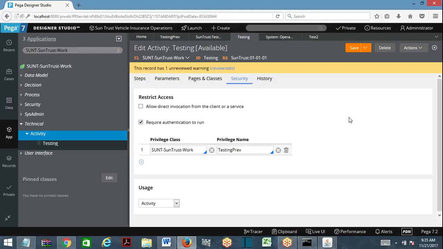Now, operator 1 has access group 1. Operator 2 has access group 2. Operator 1 executed, not able to execute. Operator 2, access group 2, able to execute or not able to execute? Not able to execute. It doesn't depend on access group. It depends only on the one privilege that you directly applied on that rule. Anyone trying to execute that rule, it will not work. So when you apply a privilege to rules, irrespective of access groups and all, it works globally, only for that rule. Okay, but role to object, role name and calling in access group. What does that mean?